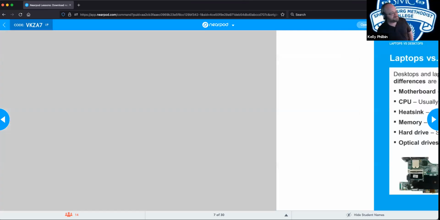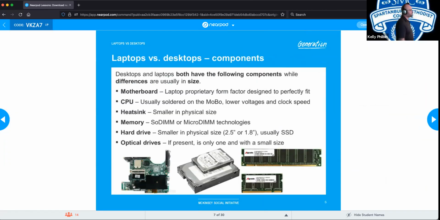All right. Hardware components within your laptop. Much of them are very similar to what you would see in a desktop with some modifications. Motherboards. Almost every motherboard in a laptop is proprietary to that design of a laptop. It is literally cut out to fit specifically in that case with the battery modifications, everything else they got in